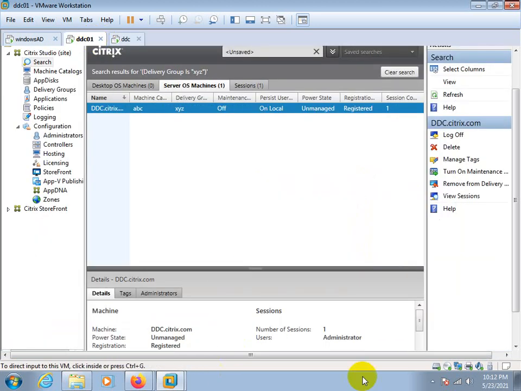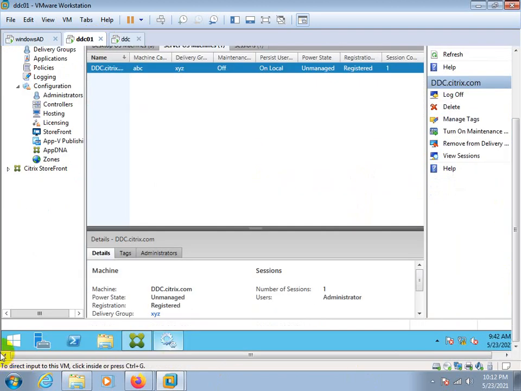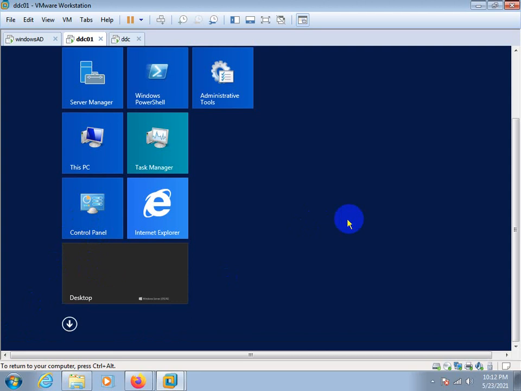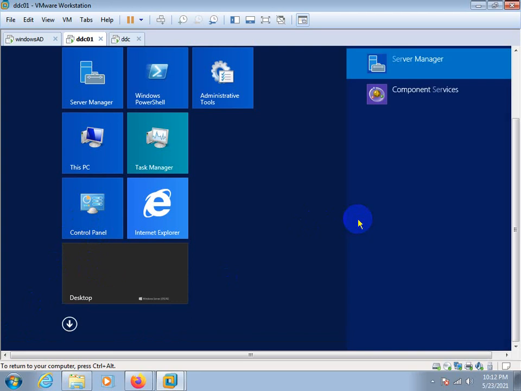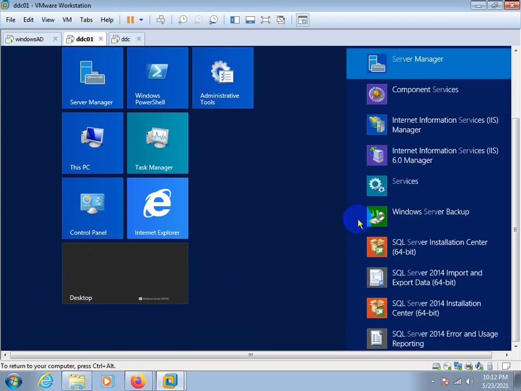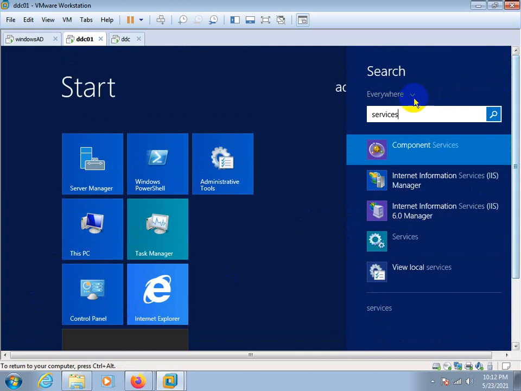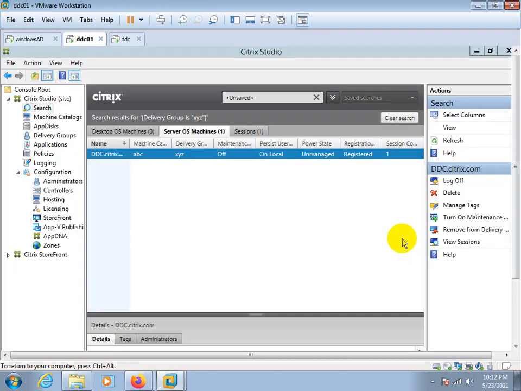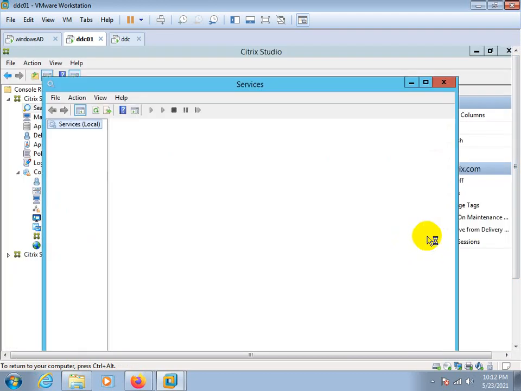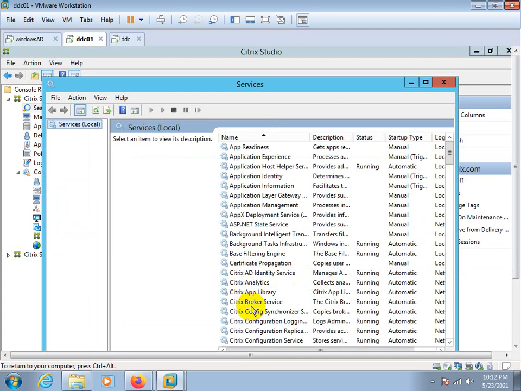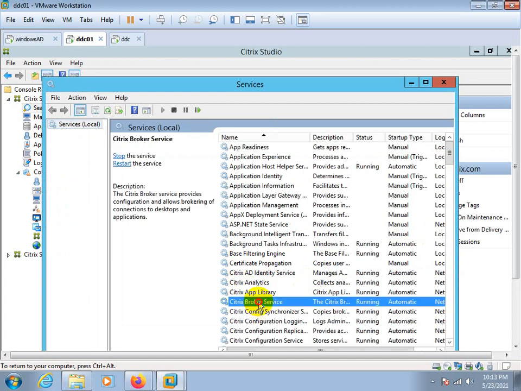You can see in the DDC server, it's a broker service.